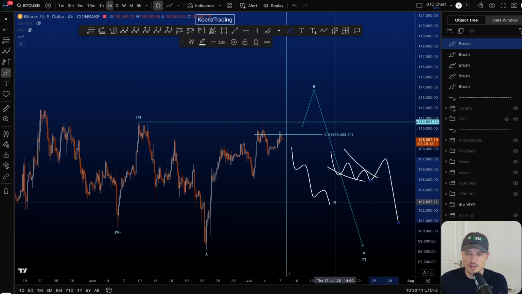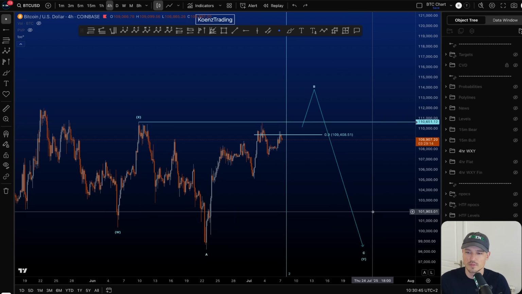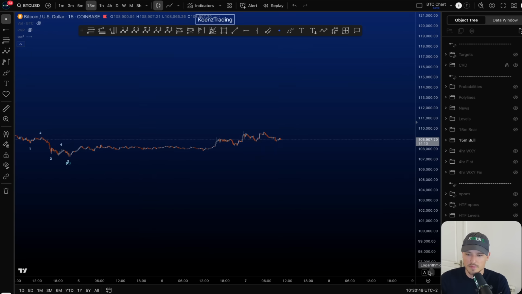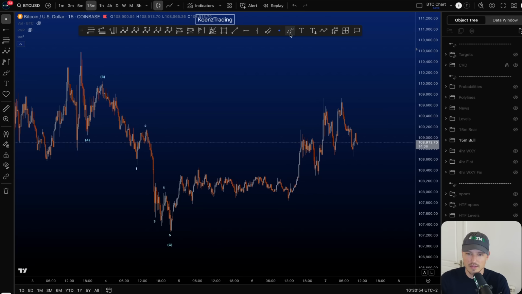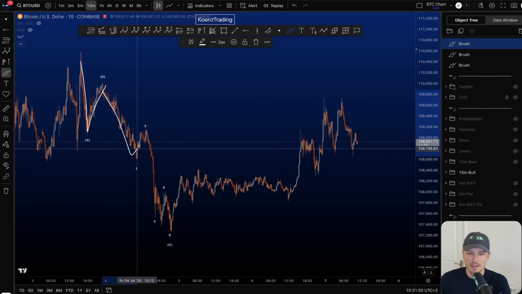Then you get a 2 and a 3, right? And then you move towards the downside and you get the waterfall that is called a wave C. But if we look at the 15-minute time frame and we look at the first structure that we have here to the downside, it actually counts better as an ABC. So we have a first move to the downside, then we have our B up, and then 1, 2, 3,